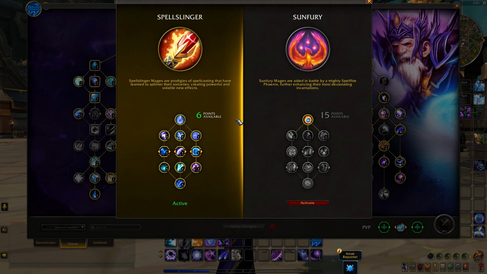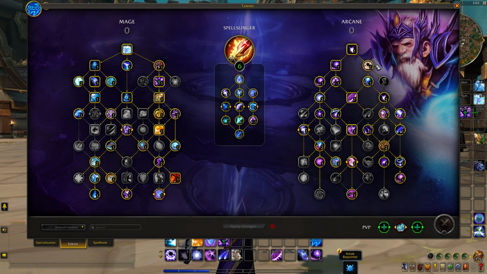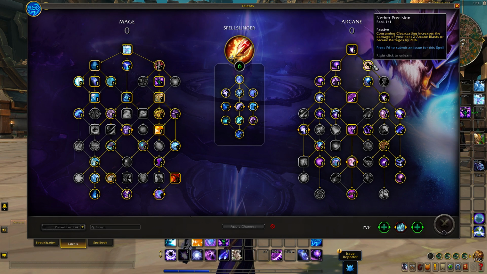Spellslinger mages are prodigies of spellcasting and have learned to splinter their sorceries, creating powerful and volatile new effects shared between Frost and Arcane specs. Your main ability is going to be Splintering Sorcery. As Arcane, whenever you consume Nether Precision, which is a very baseline talent that is given to you fairly early on,